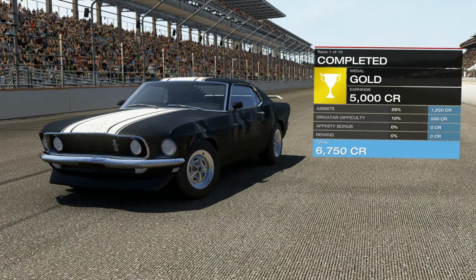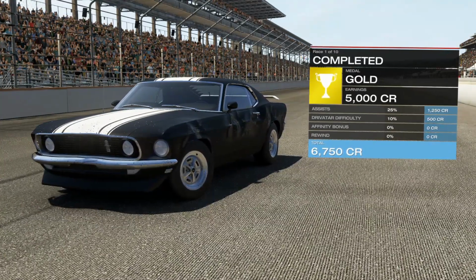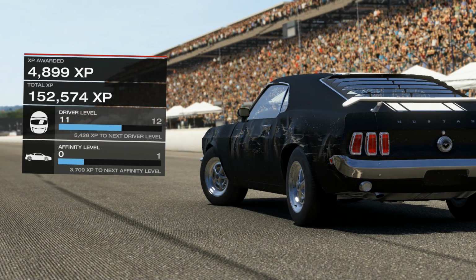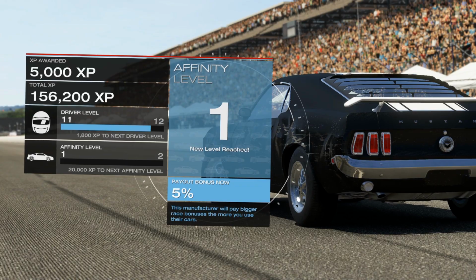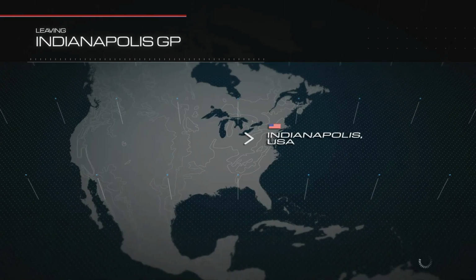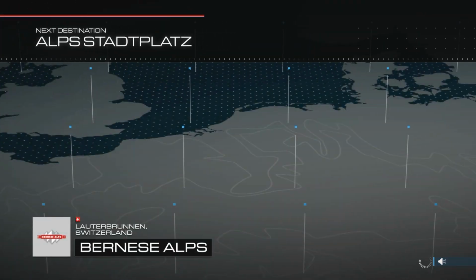So look, they're monstrous. Again, that's not enough credits. I need more credits than that. God damn it. Right, anyway, hopefully we can improve our Ford affiliation or something. Alright, level 2, that's not too bad. With the manufacturer, which I guess is classed as Ford? Am I getting this really wrong? That'd be embarrassing. Let's continue. I feel like sometimes these events go on a little bit too long as well. Like I said, 10 events with the same cars would be